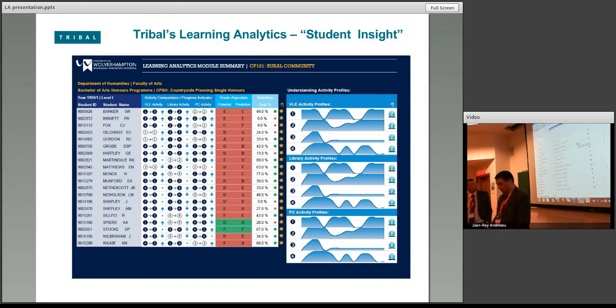What I'll just also show you here quickly before I move on to the learning analytics piece is an example of a student that we can drill to look into their data. I always like to use this one because it's got Steve's picture on it, and I like to embarrass him.